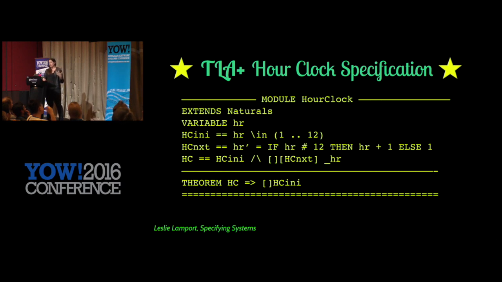So what he says is we have this variable hour, right? And it extends natural numbers. So that's all positive numbers. And then in addition, we define hours. We break hours down to be only the numbers 1 through 12 in the natural number set. So we've already limited our space there. And then we basically define how hour can change. If the hour is 12, it should go back to 1. Otherwise, the next hour, hour prime, should be hour plus 1.